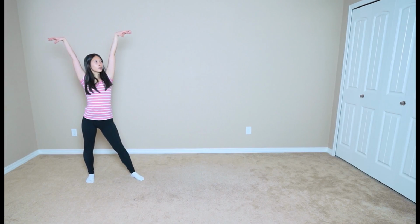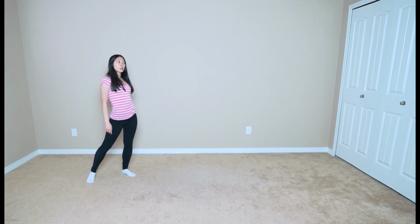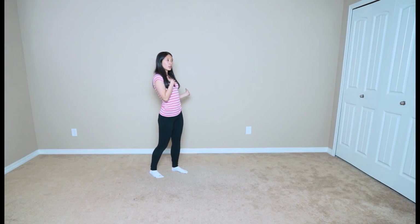You're going to flick your hands into a V. Then we're going to take 1 step with our right. Then we're going to take a few steps, again, just right, left, something like that, but I'm going to tell you the arms because those are kind of the most important part at this point. So we're going to go right to the chest, left to the chest, right to the stomach,